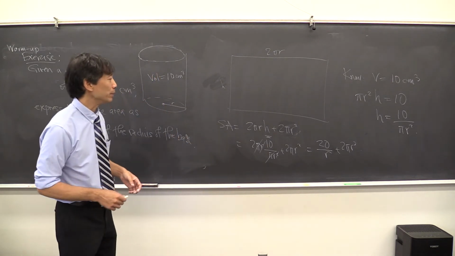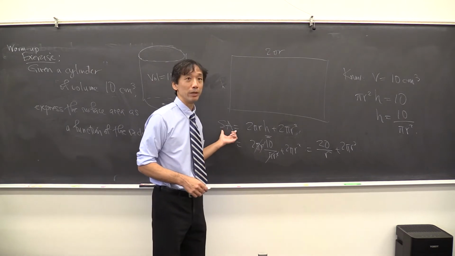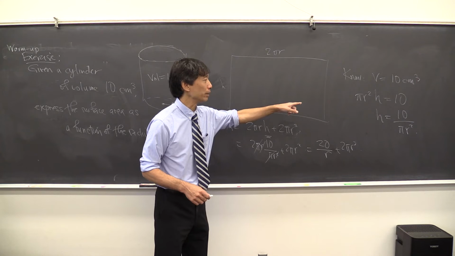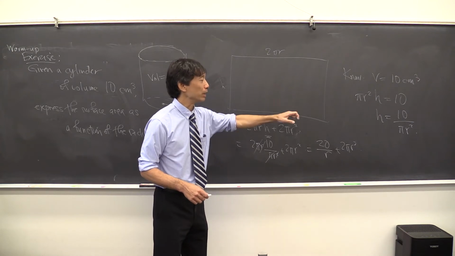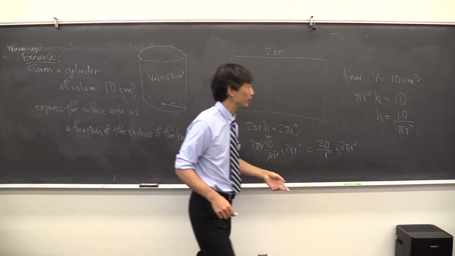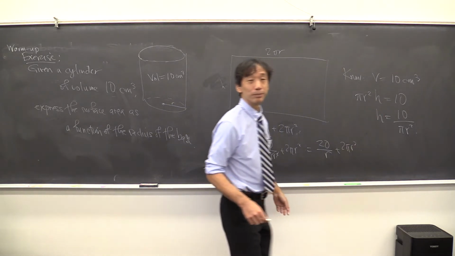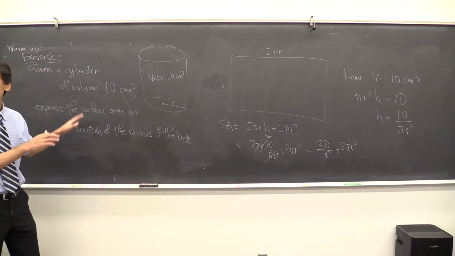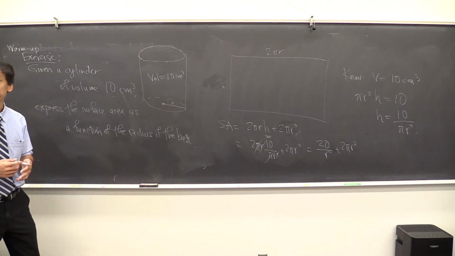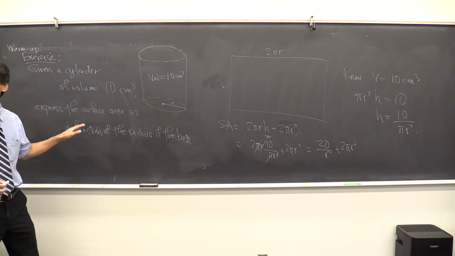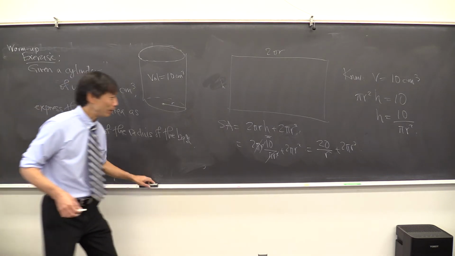We could have gone the opposite way. We could have expressed it as a function of the height. Instead of replacing h with an expression in r, we could have replaced r with an expression in h, if we wanted to go the opposite way. Anything that's confusing about this? Anybody get stuck? Okay, so